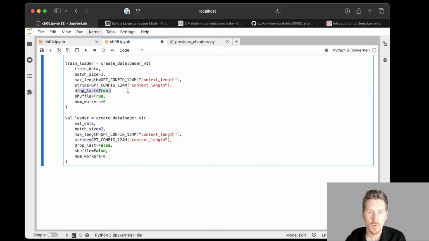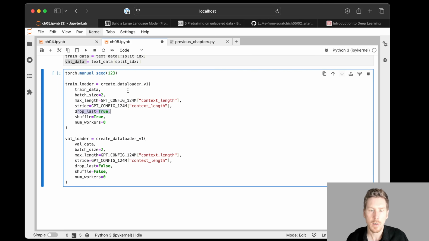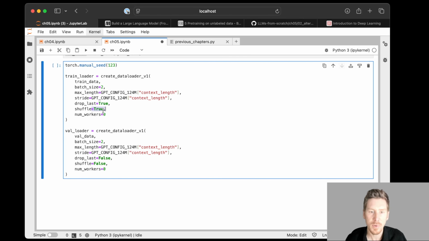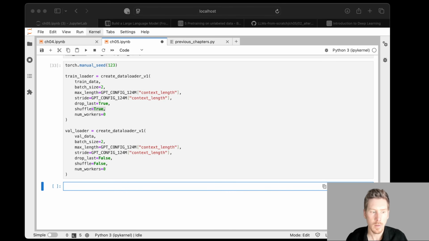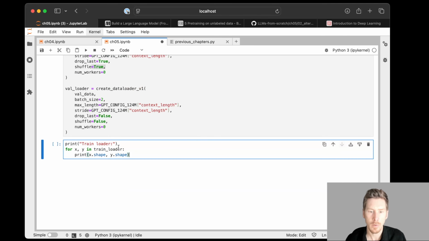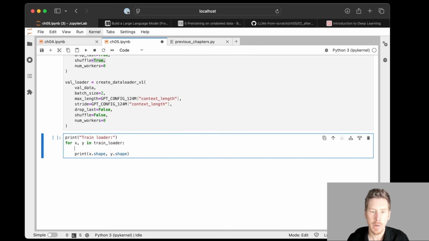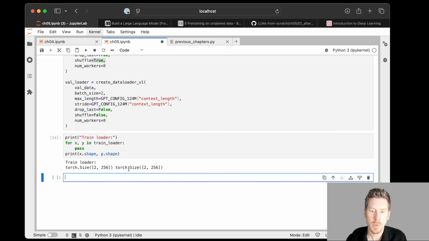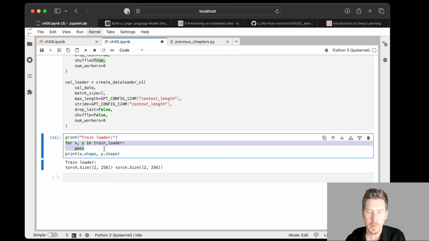Yeah, and then we drop the last batch if the data set size is not evenly divisible by the number of batches. And then we set the shuffling, and that's essentially it. So there's nothing really new compared to what we have covered in chapter 2. Yeah, and then what I usually like to do is iterate over the data set. If you have a very large data set, I would probably do it like this. And so this will just make sure that there are no errors in the dataset, where it iterates smoothly through